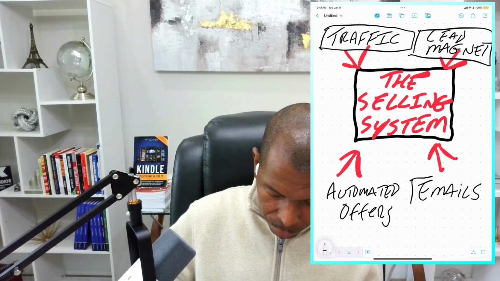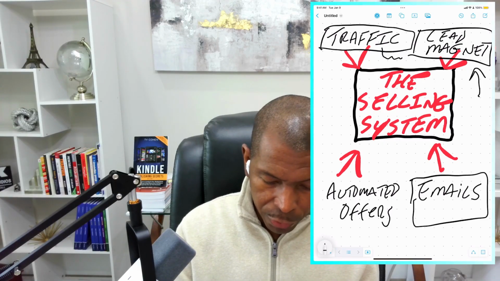And then it's the email sequence, which is one of my favorites. I mean, all of these work together, but it's the email sequence that builds trust without you having to write it live for every single prospect that comes to your funnel, right? So if someone comes over here to your lead magnet, they're part of your traffic equation, right? Whether they saw one of your paid ads, your YouTube videos, your social media posts, they go over there and they opt into your lead magnet. Now you don't have to write a new email for every single person, right? You've got this email sequence that builds trust without you having to do that, right?